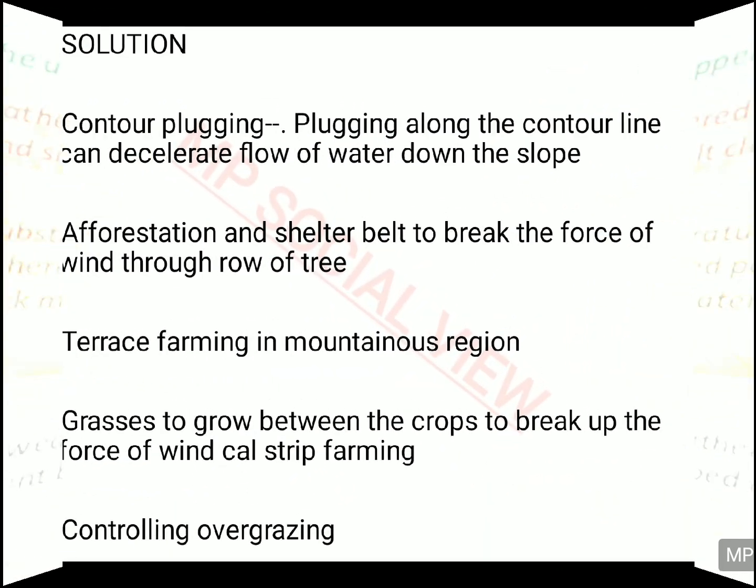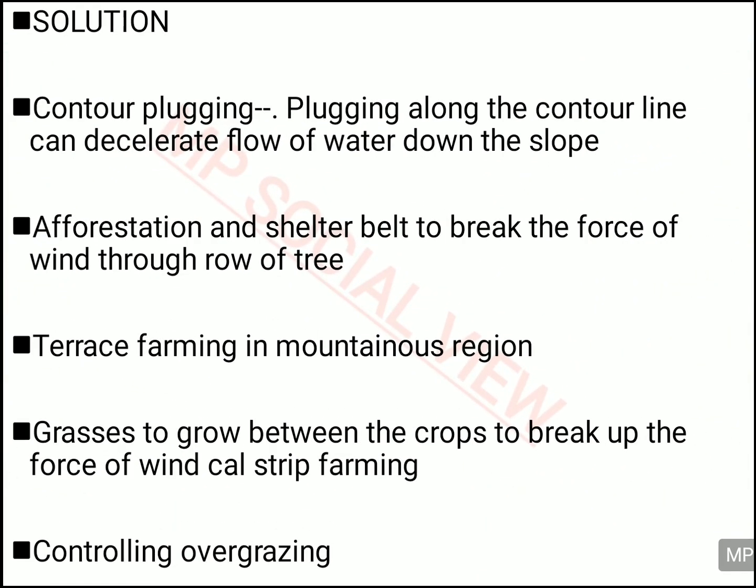All right. Then about solutions, because the soil is eroding day by day, so what can be the solution? One solution can be contour ploughing. Contour ploughing is the method in which you plough in the opposite direction of the water flow. Because if you plough in the same direction where the water is flowing, then more soil erosion will take place. So you plough opposite to the direction of water flow, and that stops the soil erosion.